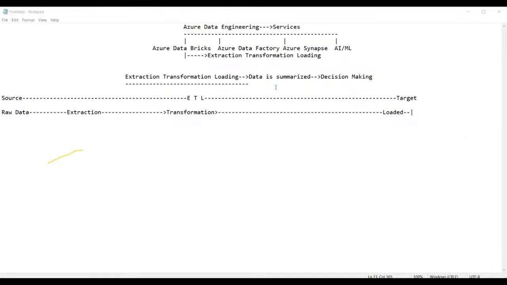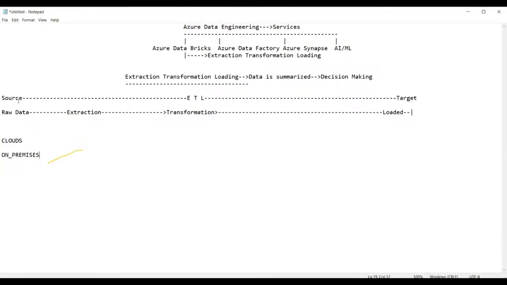Before we see some examples of how this process takes place, let us try to understand a few more things here, then we'll come back to this. Let us try to understand first of all what is a cloud, and what is on-premises. Then we'll come back to this.